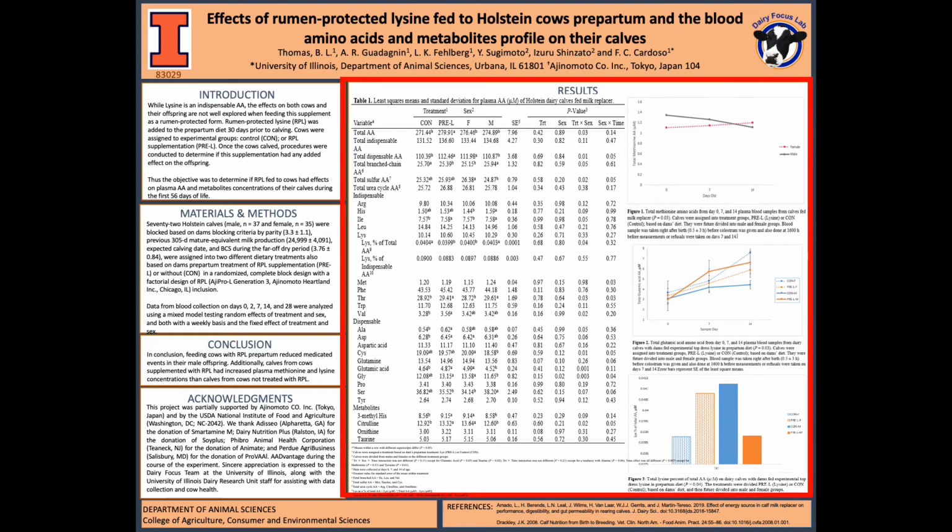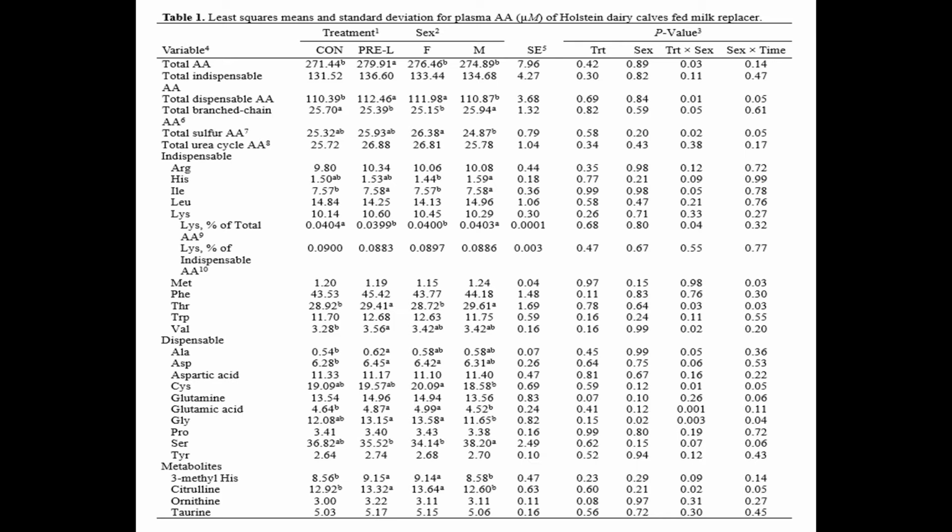Now I am going to talk about the results. Now I'm going to go into detail about the graphs and the tables. So this Table 1 shows the least square means and the standard deviation for the plasma amino acids in those calves. Right at the top, you can see that for the total amino acids, the pre-lysine group was greater than that of the control group. If you go about halfway down this table, you can see that for the total percent of lysine,